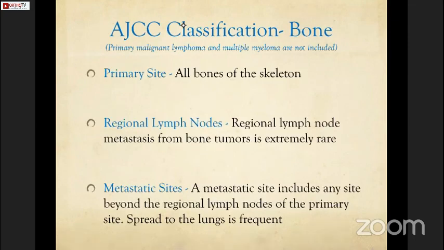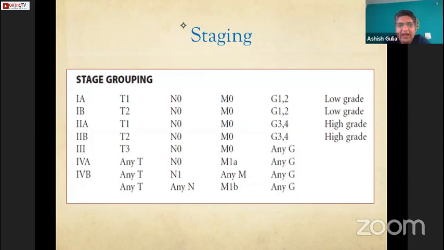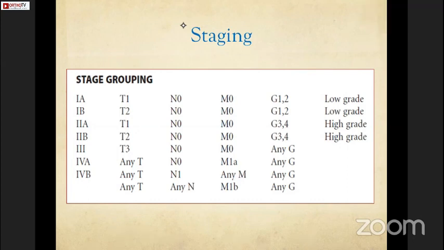Just a couple of slides. I'm not going into details, but I thought it would be important because we are discussing treatment, and treatment is actually based on the staging of the disease. We have 2 staging systems. The first is the AJCC staging system, which is based on the primary tumor, its size, and its spread to the lymph nodes or metastatic sites. Based upon this, we have this classification. Once we have this classification, we